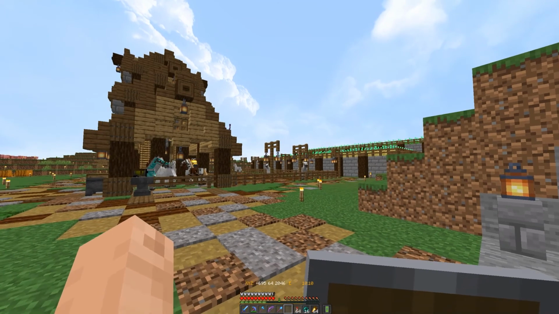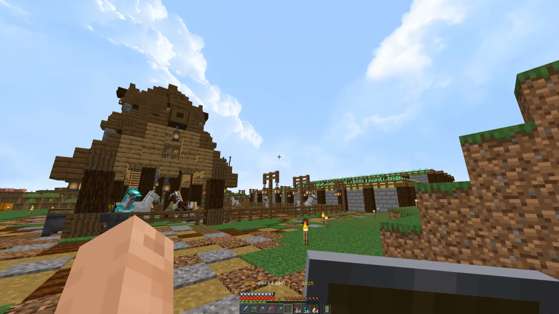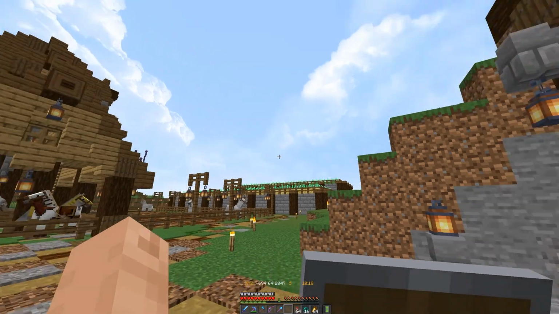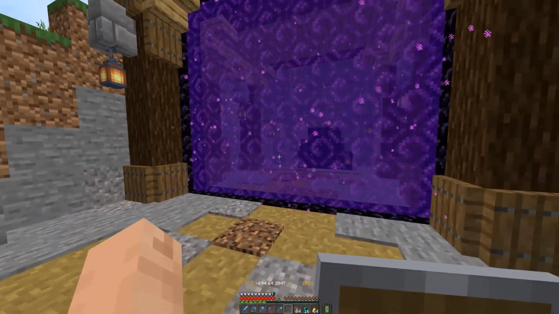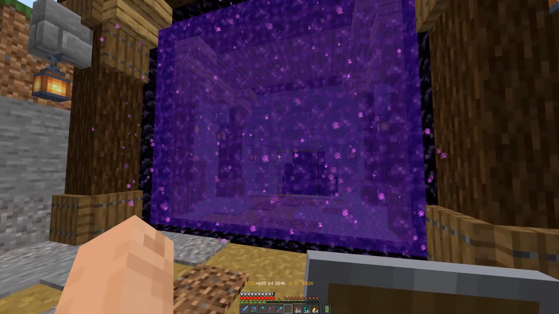If we can at least make it that far, it'll give us a chance to see what the new Nether looks like. And then once we get to the Nether Roof, we'll take the easy way, come all the way back to the coordinates of the Nether and create our portal. And hopefully that should link up. So,